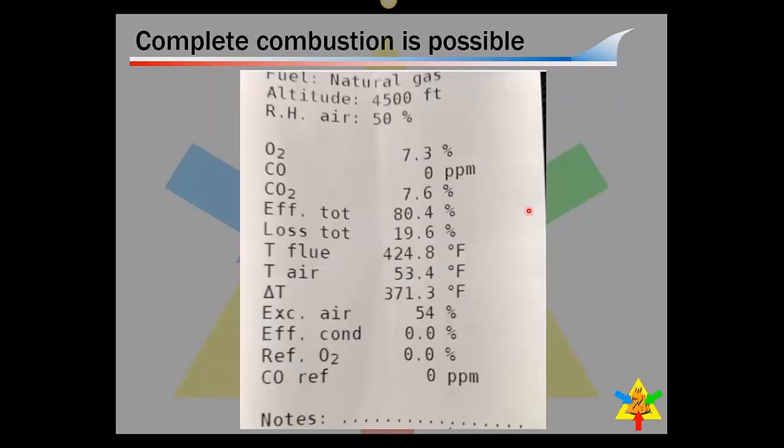So again, the thing I want to emphasize here is complete combustion is possible. This is a tape from one of our monitorings, and this is a really good tape. And in fact, this particular appliance was producing high CO. The auditor called for a tune-up on it, and when they were all done, I mean, this is textbook. O2, 7.3%, CO2, 7.6, excess air, 54. The industry kind of says if this is at 7.5 and this is 7.6 and this is 50%, that's like the perfect sweet spot. And they got really close,